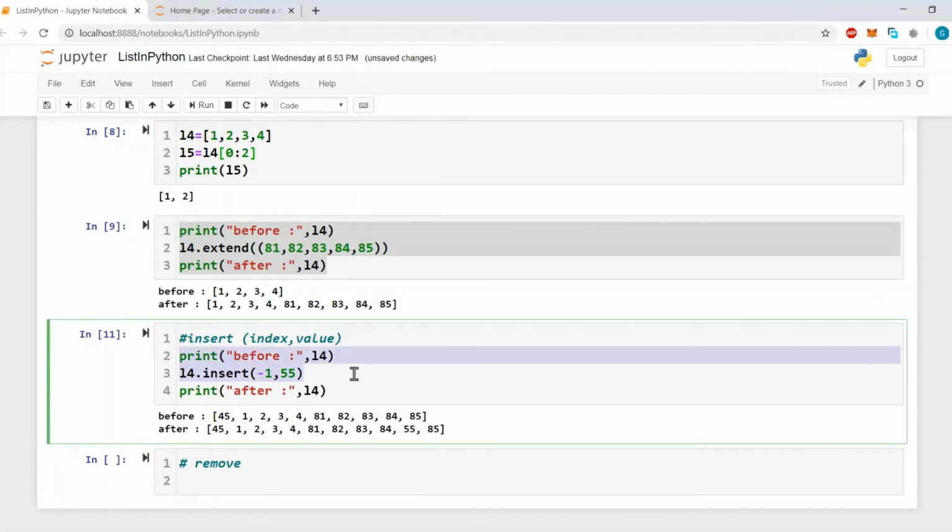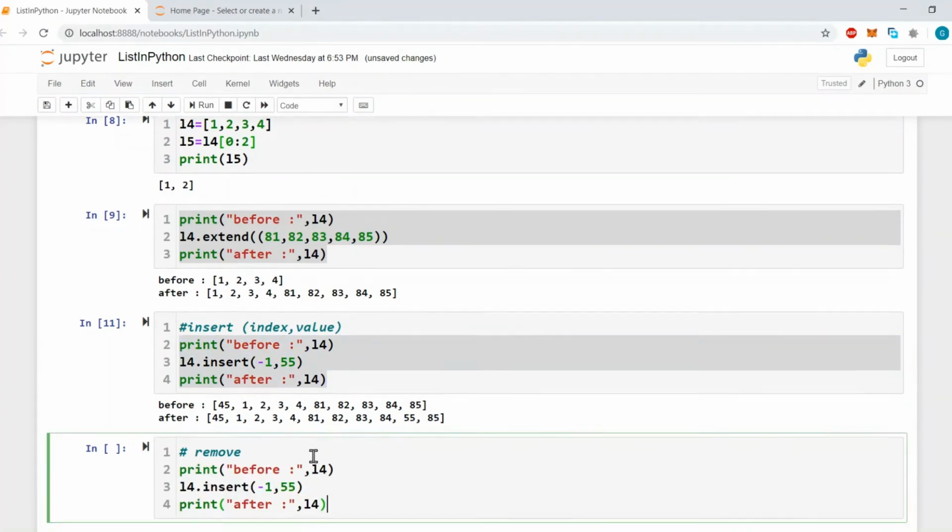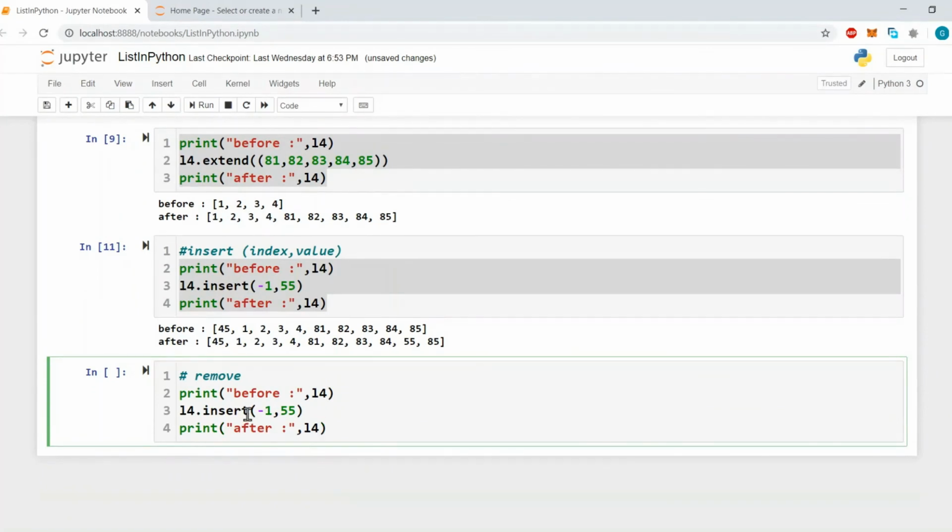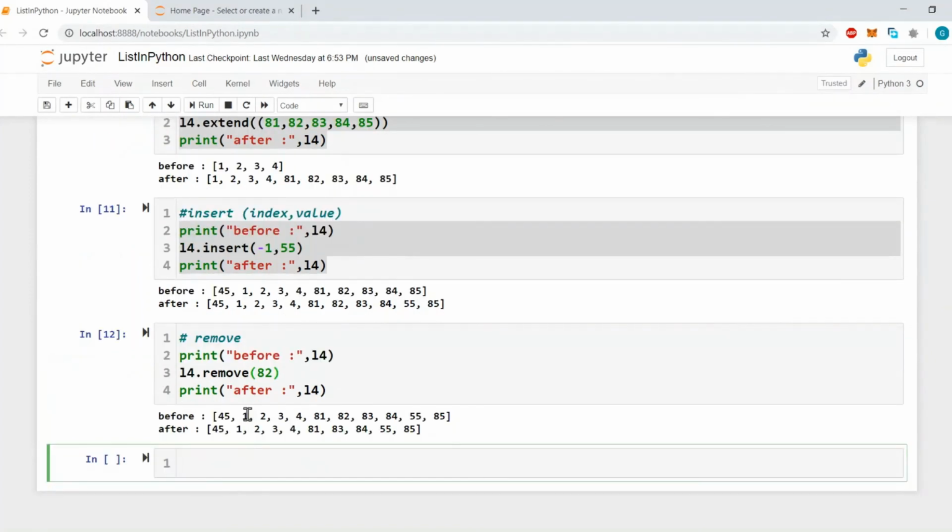Let's implement it so we can have an idea. Let us assume that we want to remove 82 from the list. As you can see, previously there was 82, but after executing this function, 82 is removed from the list.